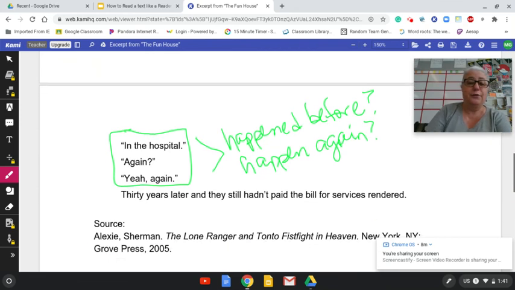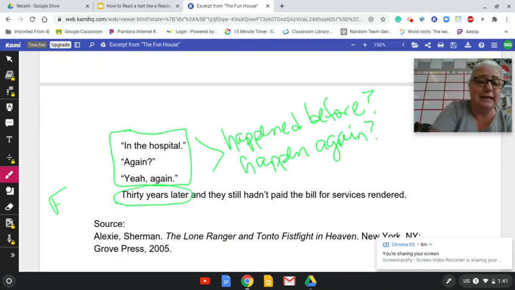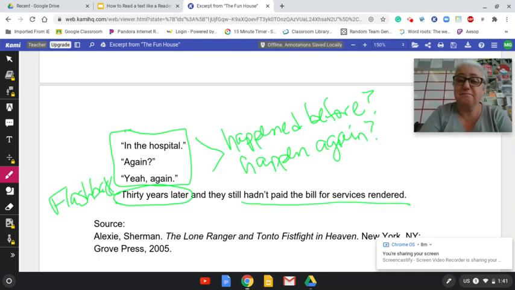And then "thirty years later," he takes us back. He reminds us once again, hey guys, this is a flashback, right? This happened thirty years ago. And in those thirty years, they haven't paid for the bill yet. So that kind of tells you, again, more about